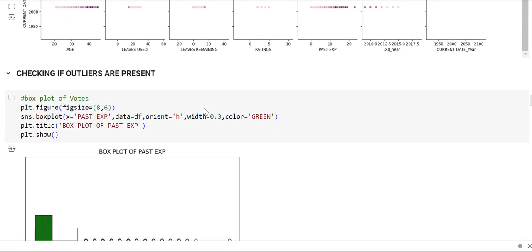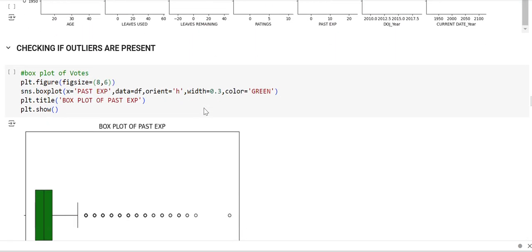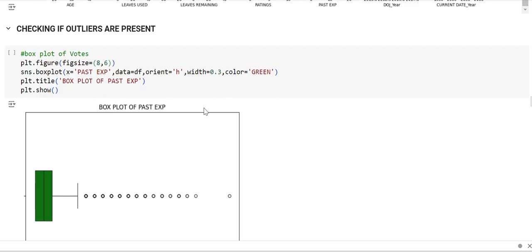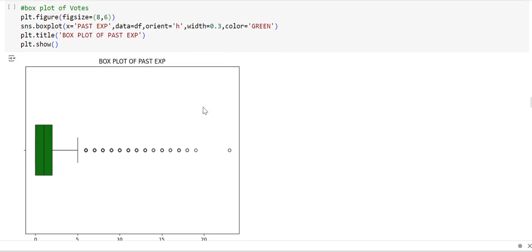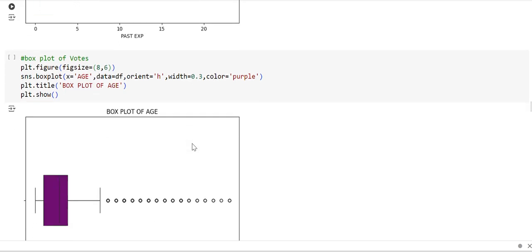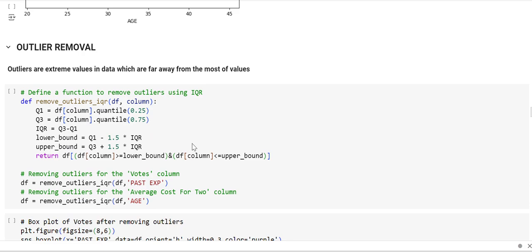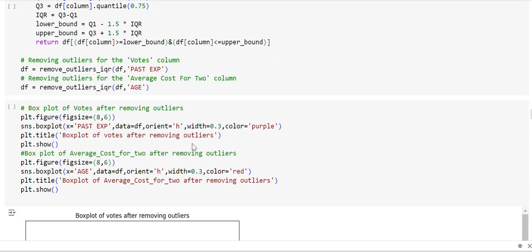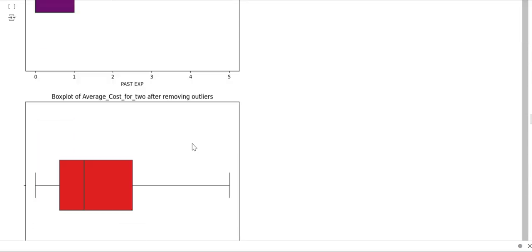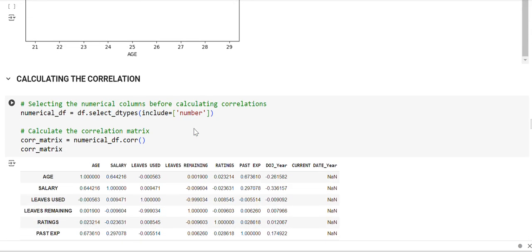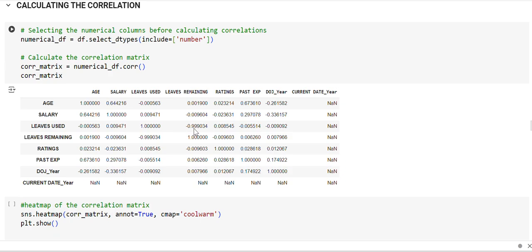From this we can understand there are some outliers present. So we are checking the outliers using the box plot method. We are finding whether outliers are present or not. So we can see the outliers are present in the past experience column and the age column. Now we are using the interquartile range to remove the outliers from our columns. So after removing the outliers, we can see our data is clean, and calculating the correlation